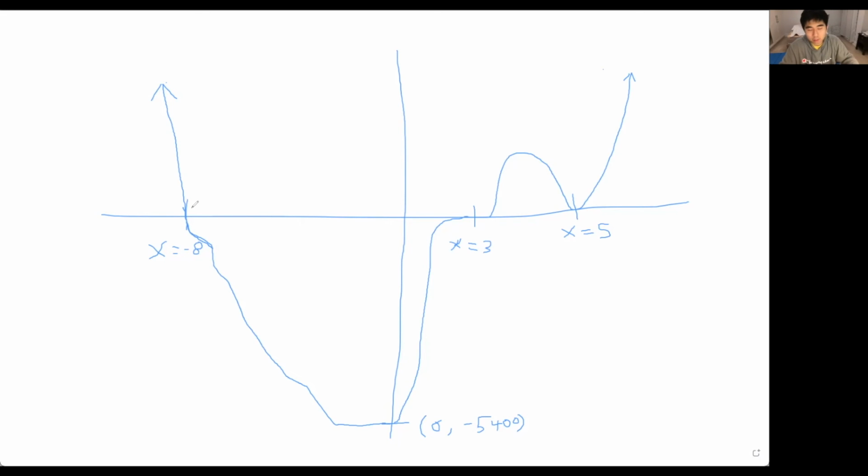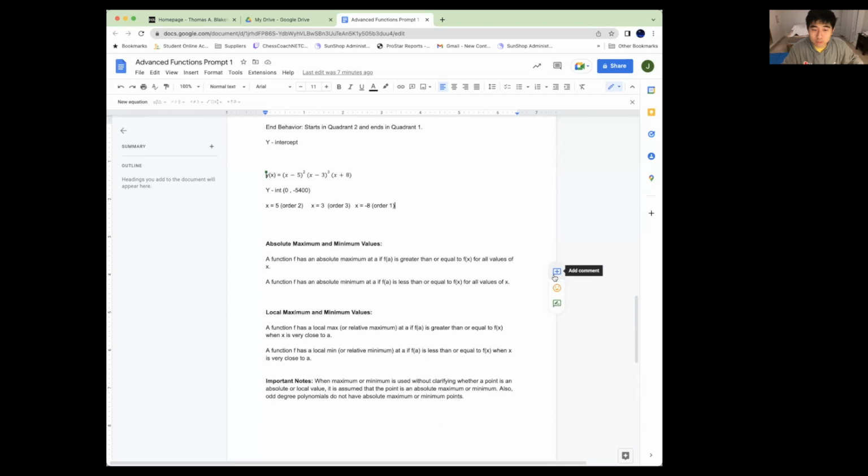But just a general rule of thumb, if the order is odd, that means it's going to go through the x-intercept, or the x-axis. So as you can see here, the order is 1 at x equals negative 8. So it went through the x-intercept where the shape was linear. But at x equals 5, for example, since the order is 2, it still had a shape of a quadratic, but it didn't go through the x-axis. So if the order is even, it won't go through the x-axis, but if it's odd, it will go through the x-axis. So yeah. Okay, so